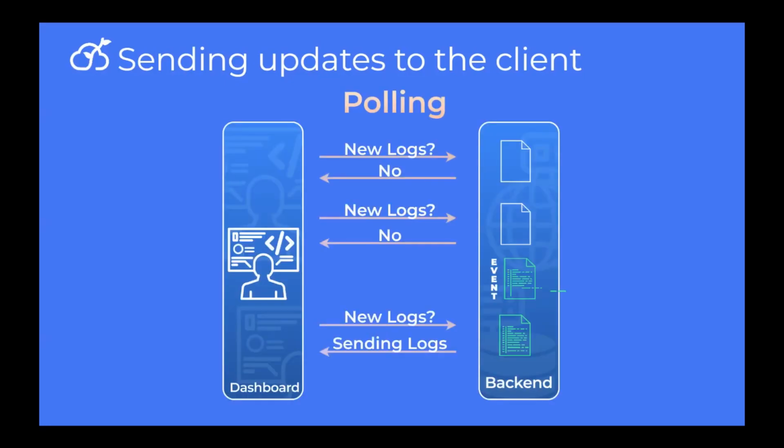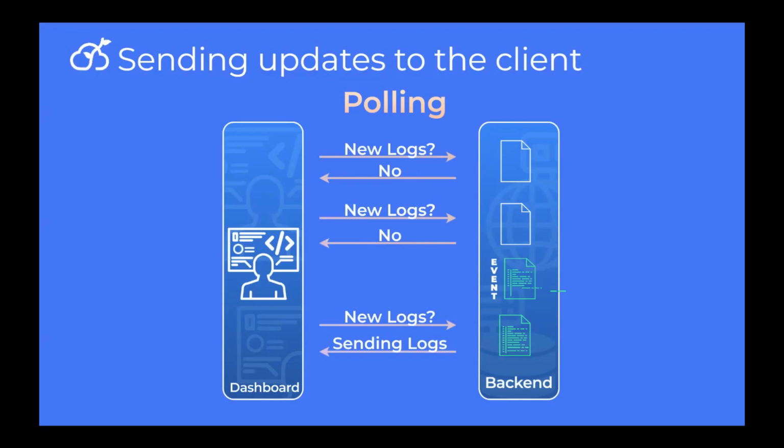Now that we have a way of retrieving the data from the build server, we need a way to send the data to the dashboard. To achieve this, we consider 2 options, polling and WebSockets. Polling is easier to implement, as it only requires configuring the dashboard to send HTTP requests at a regular interval. However, polling can generate unnecessary requests, and the polling interval can introduce a delay between the dashboard and the build